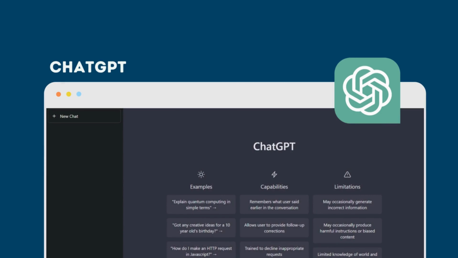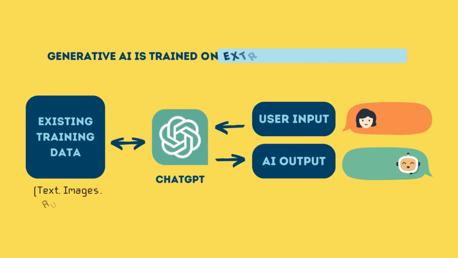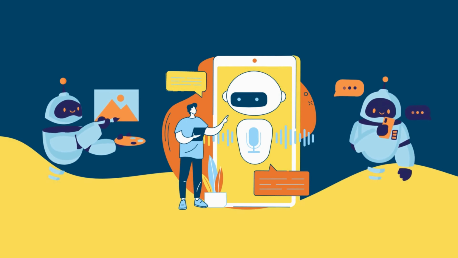Like TikTok, you might also be familiar with ChatGPT or Microsoft Bing. These AI chatbots fall under the umbrella of generative AI. Generative AI is a type of deep learning model, and it's trained on extremely large sets of data. Generative AI is fed data like text, images, audio, video, and code. Using that data, the AI chatbot can produce unlimited original content that seems human-like.